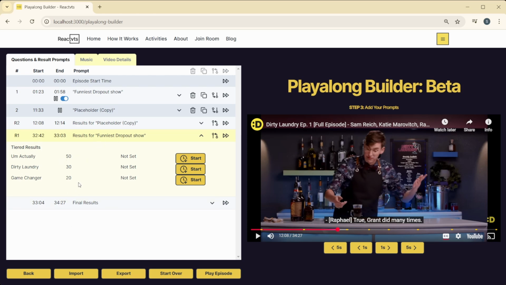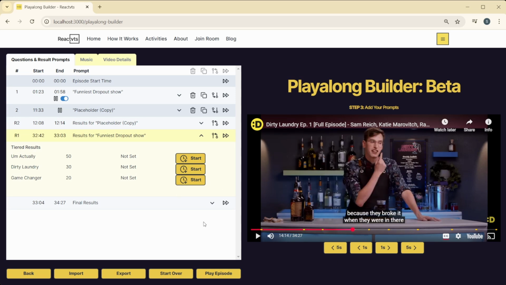So if you were doing a Family Feud style game and somebody guessed the 28-point answer first, you just go to that location where they have answered or confirmed what one of the answers are, and then you click the start button. It will autofill where it can, just so that there's always an answer there. There's always a time there based on when the results would start, let's say. But as you fill in the rest, it will automatically calculate itself. One stipulation to results for tiered answers is that you cannot have results for a tiered answer be at the beginning,